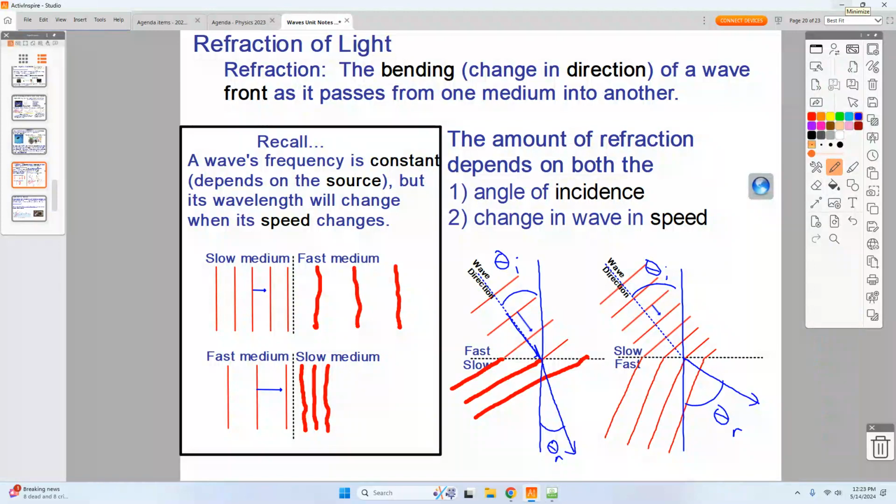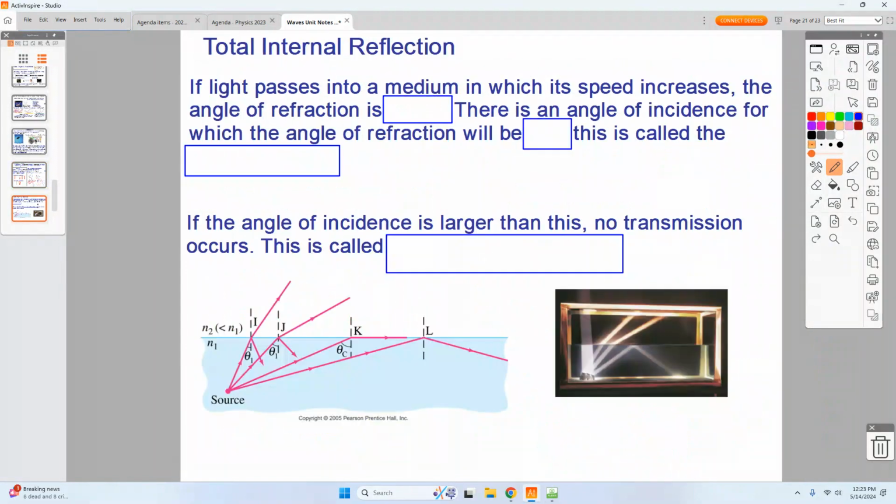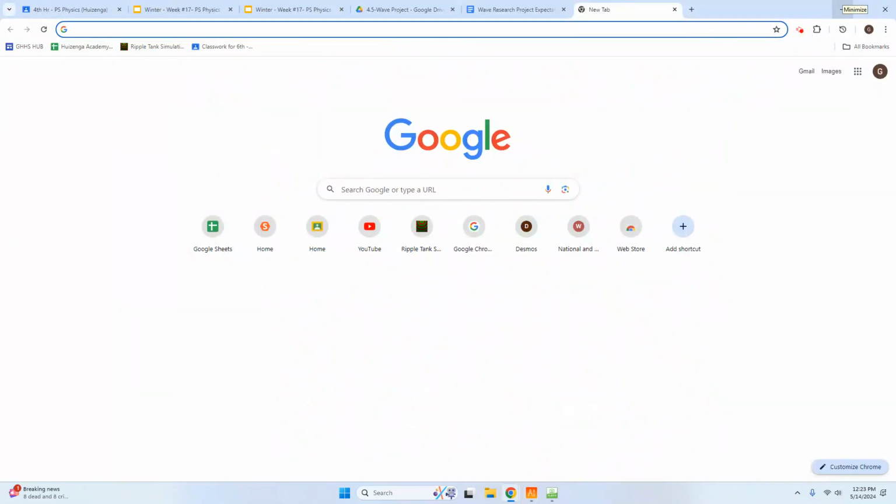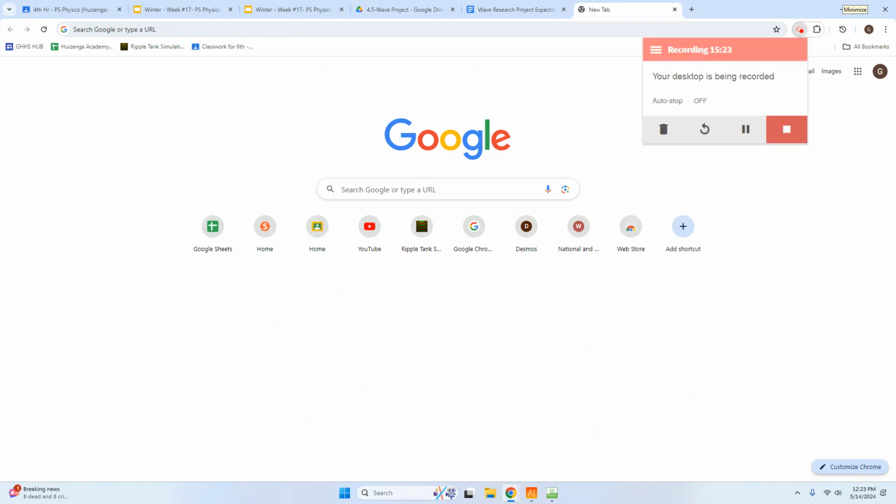That's what I wanted to look at today, was to go through the idea of refraction. I'm going to do total internal reflection tomorrow, and so we'll look at that as our final activity for this unit. I'm going to stop the recording, and the remainder of time today, I'd like you to be able to spend some time looking at this